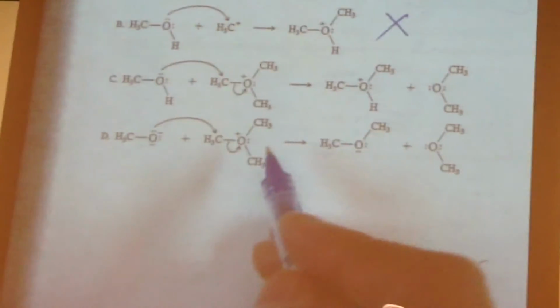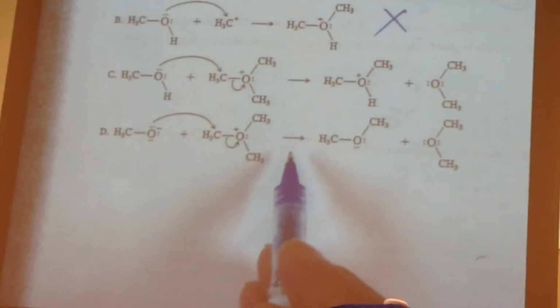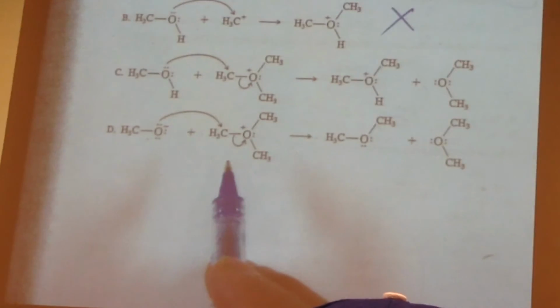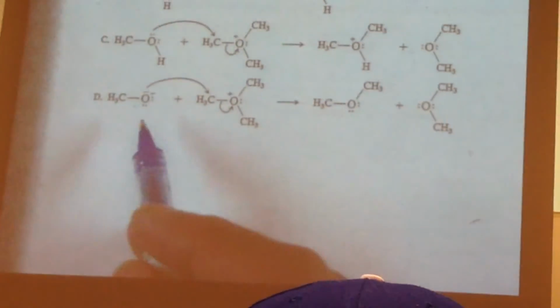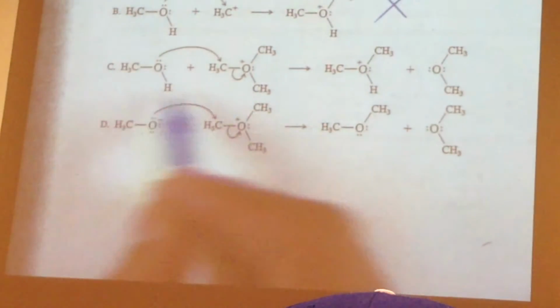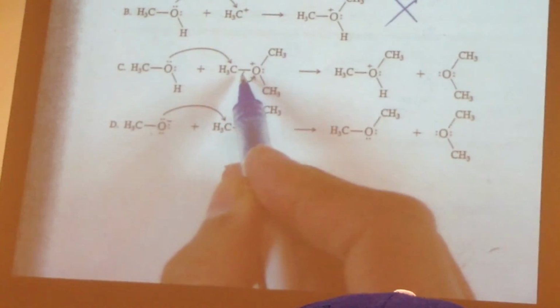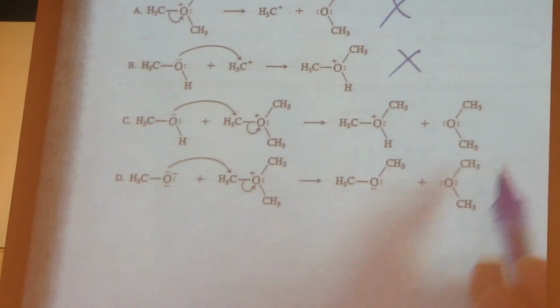Now the next two, the main difference, this reaction will go fast. But the problem is that you are using methanol where you get the methoxide. Right? So you don't have much methoxide in the solvent. This is the one where the methanol attacks this and forms this cation, generating the dimethyl ether. That would be the